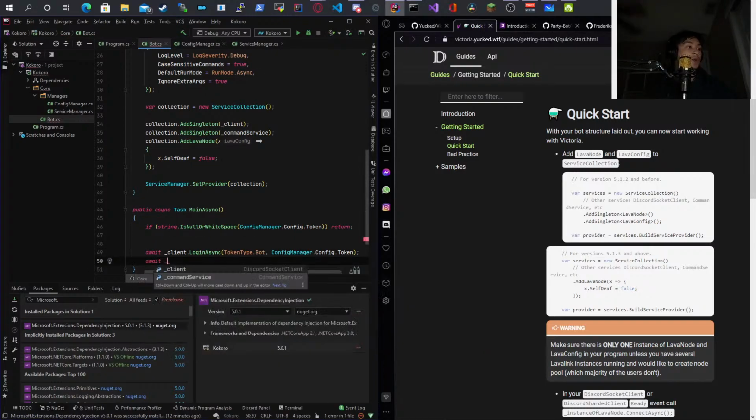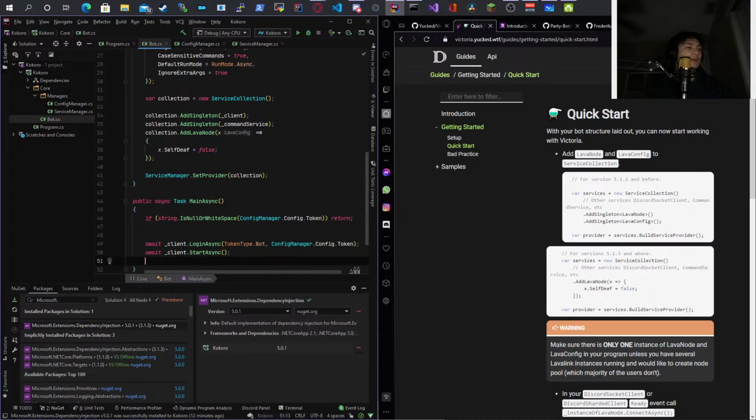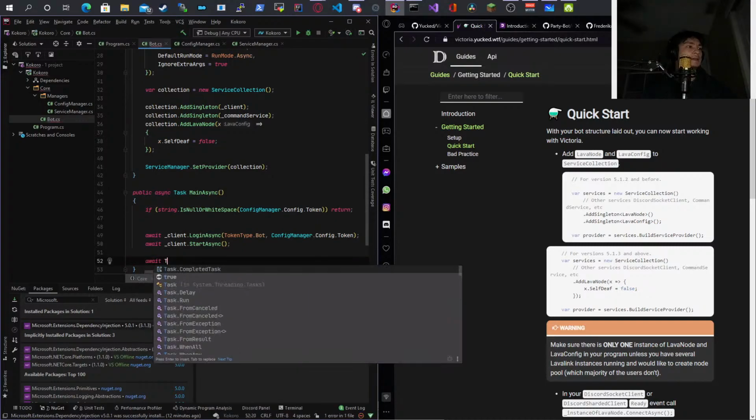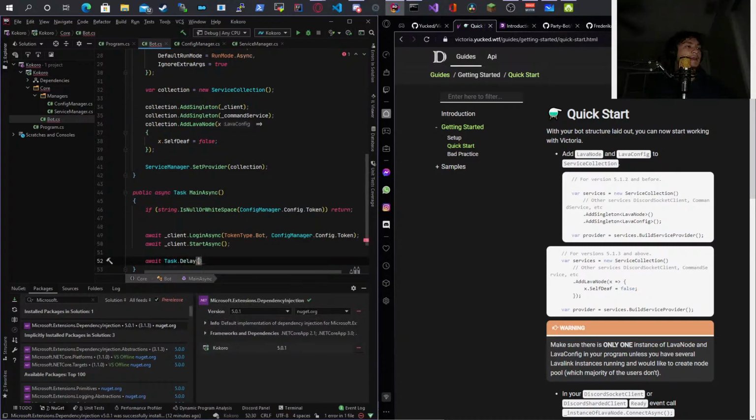And then I need to do await client.StartAsync. I also need to put in await Task.Delay. What I have to do here is -1. The reason I have to have that there is because technically, once the await client.StartAsync executes, it's going to exit out, because that's what it's supposed to do.